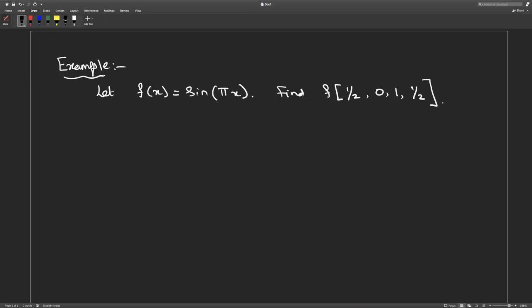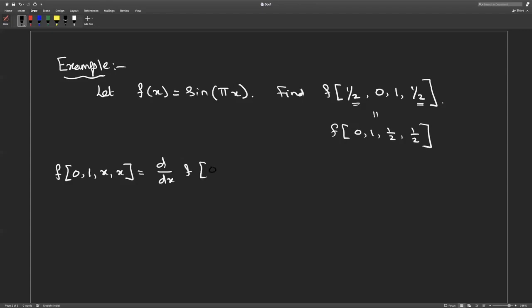But in this, there are two nodes which are repeated, right? So you can always write it as f[0, 1, 1/2, 1/2], and that resembles our previous result, f[x0, x1, x, x]. Therefore, we can use the formula proved in the last theorem. Recall from the above theorem, we can write f[0, 1, x, x] as d by dx of f[0, 1,